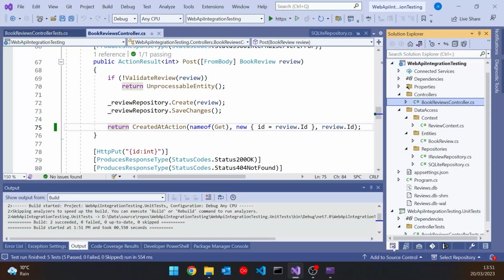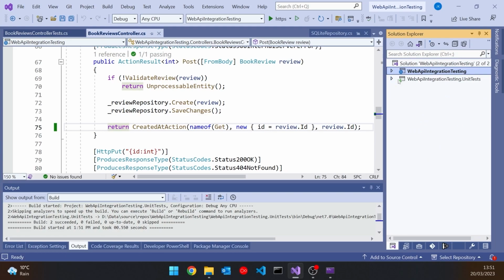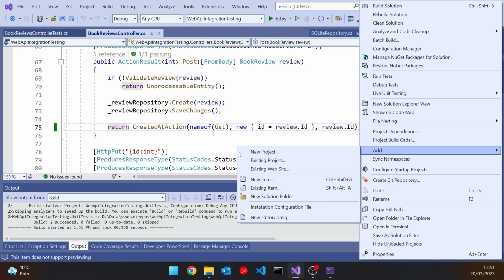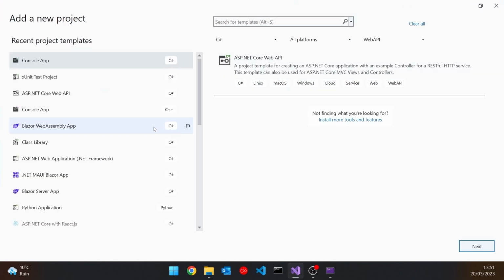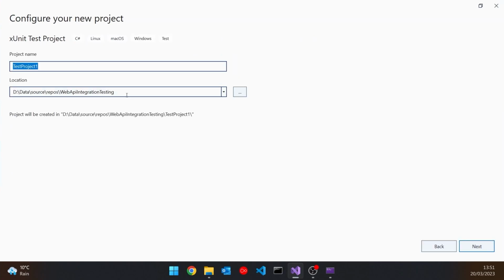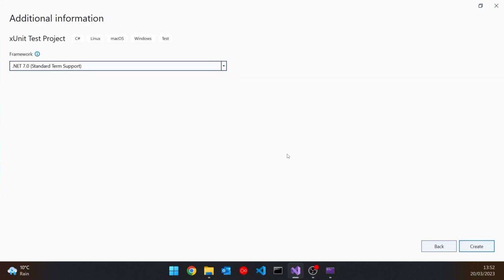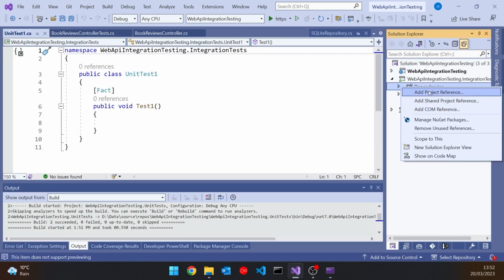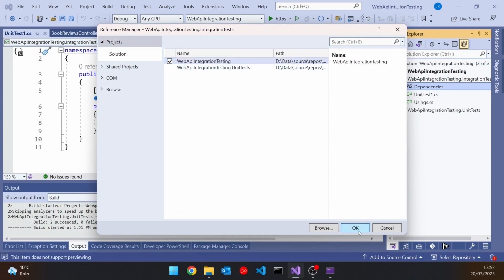And what we need to do is we can add here a new project. We could do it as part of the same project, but I'm going to do a new project. So we'll add this, and this can use any testing framework you like. So I'm going to stick with XUnit, but it would work with NUnit or whatever you go for. And we'll call this the same as the overall project plus .IntegrationTests. And then the first thing we obviously have to do is reference the classes we're testing. So we'll put that in there.